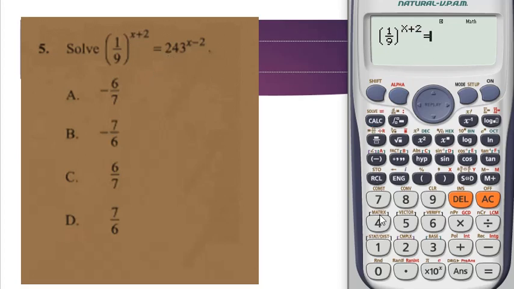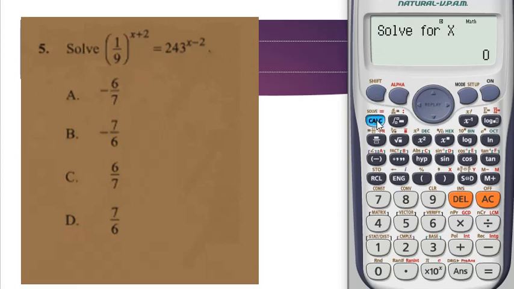Then you punch 243, and then you have exponent x minus 2. So you use the same approach. Click on this, you click on alpha x, and then you have minus 2. So we are done punching this. You have to just find the answer. So in order to find the answer, just click on